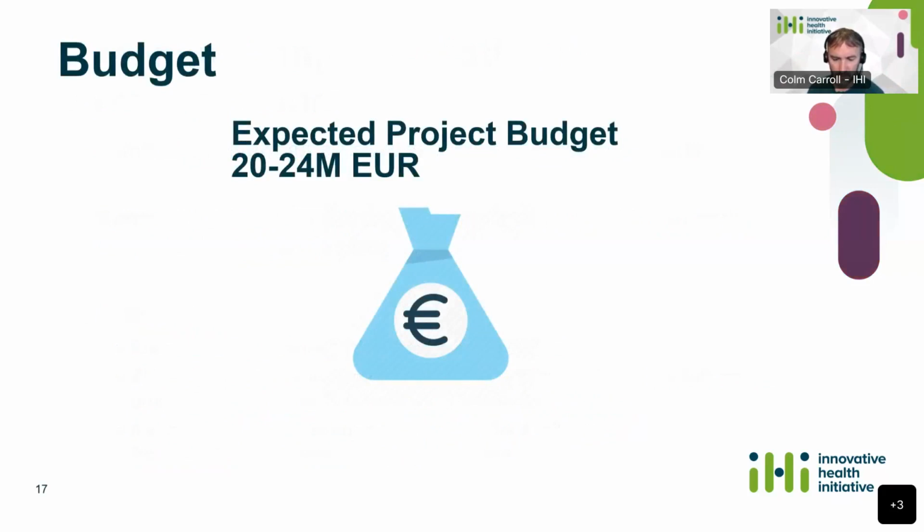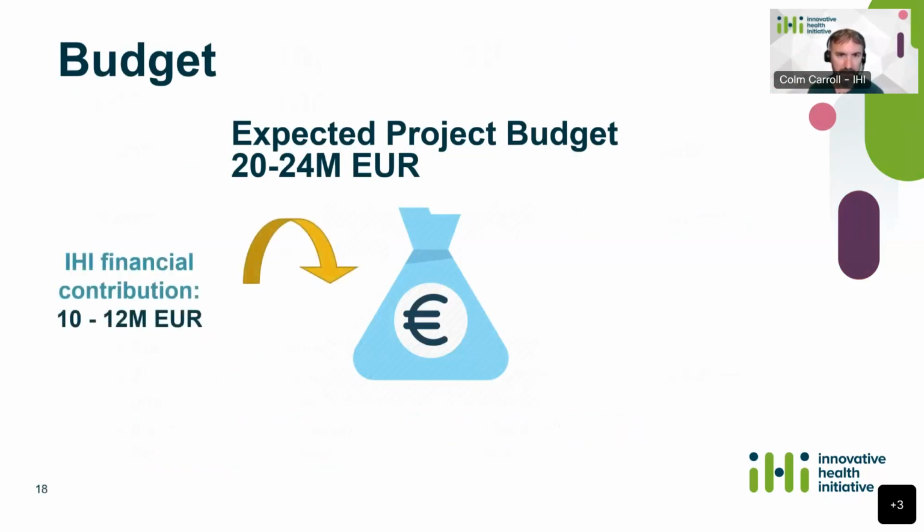Okay, so just a quick word on the budget. As I mentioned before, I think it's crucial that you do attend the financial webinar we have, because our budget is a little bit complex, and therefore if you're going to put a proposal together, I think it's important to understand this. So we expect a project here to have a total budget, public and private, of 20 to 24 million. And this would then be comprised of, next slide,